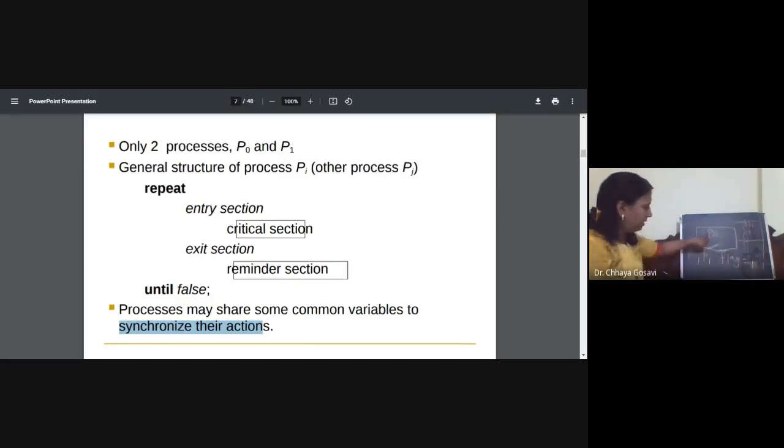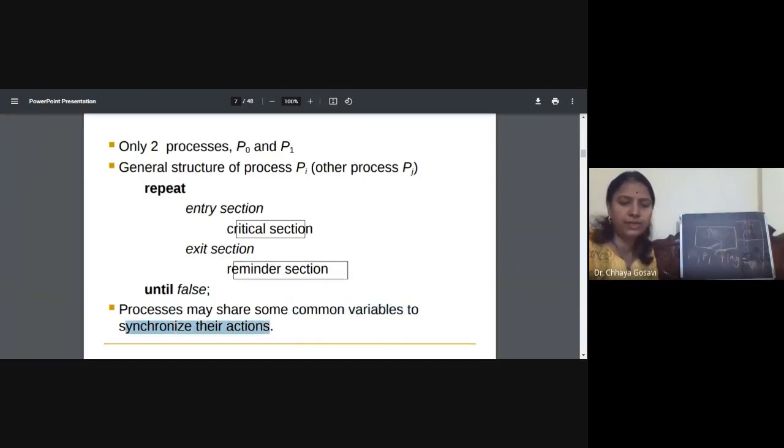So if P0 is there, P1 will not be able to enter because the flag is 1. P1 will wait until P0 completes its task, opens this door and comes out. Then it will change the flag to 0 and P1 can enter, right? So this synchronization can be done with some common variable.